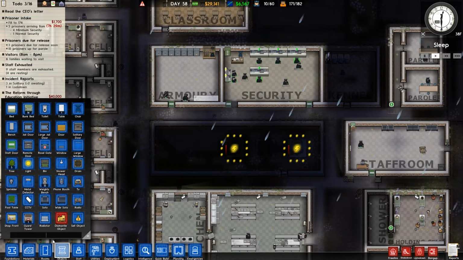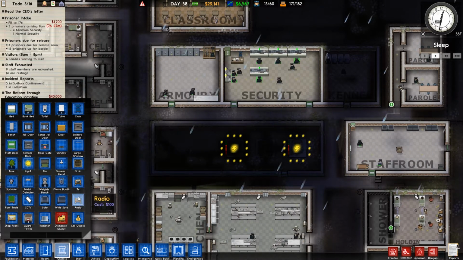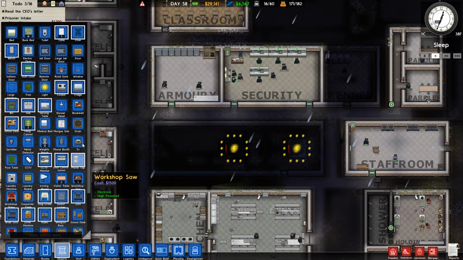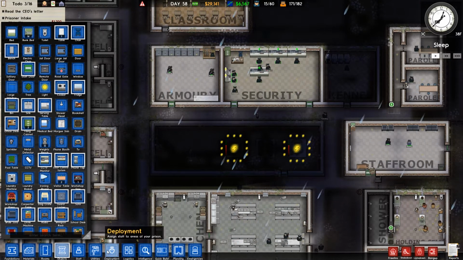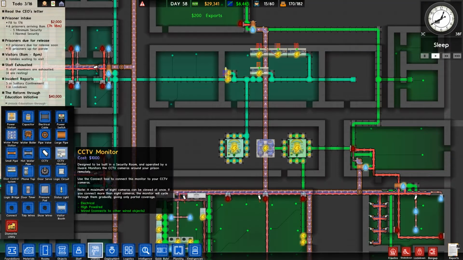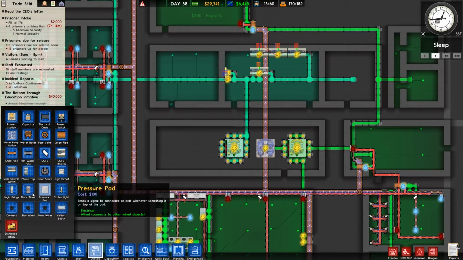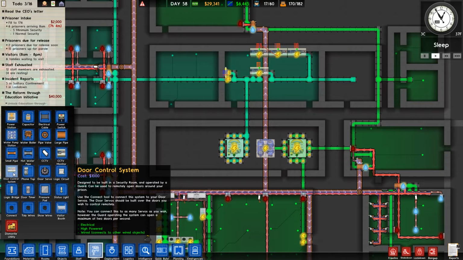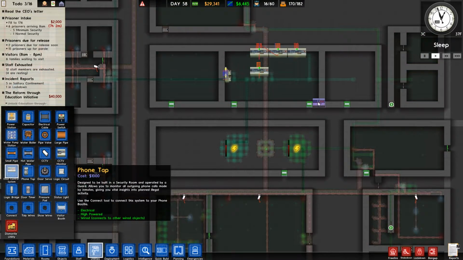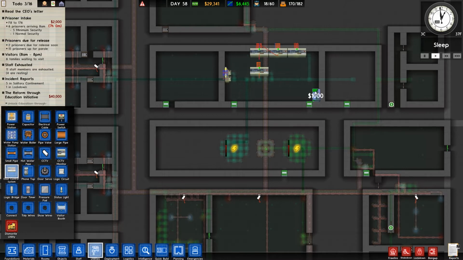What's it called now? There's a very specific thing that goes in the security room that allows you to work the remote door. It's not under utilities, is it? Yes, it is, because there's the CCTV monitor. You can also put pressure pads on, and door timers. There's logic circuits as well, a simple circuit box that performs a logical operation based on inputs and sets the output accordingly. Well, I don't think we're going to go quite into that level of detail, but we do want a door control system here. So we'll build a door control system, and we will put that